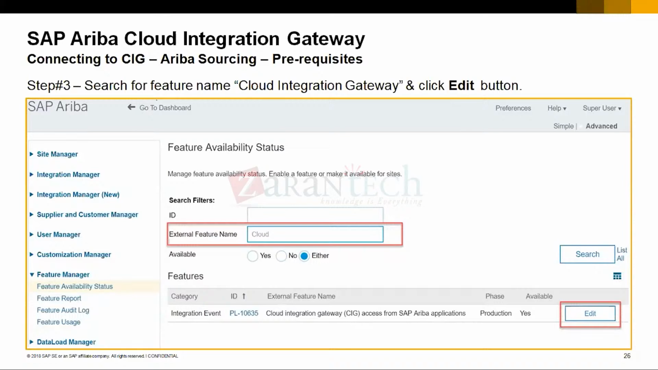So whatever toggles you have requested the Ariba shared service team to enable for your customer, they are actually enabling all those features from the feature manager itself. This feature manager contains the list of all features, and depending on the license your customer has purchased, they will enable or disable any particular feature from the feature manager itself. Okay, so once we come here to the cloud integration gateway, we have to click on this